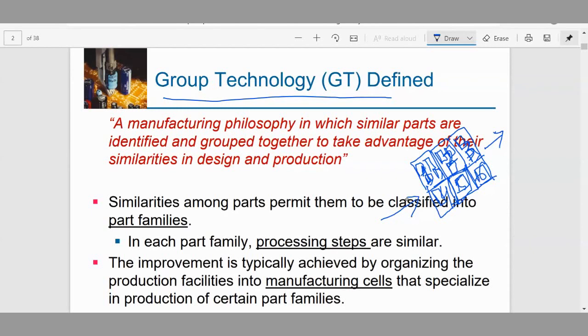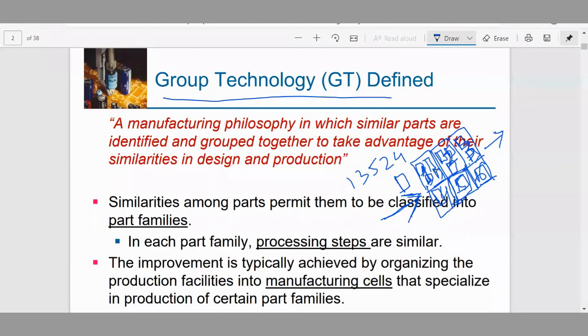Okay, so input raw material is coming from this side, and there are some specifications and sequencing given, for example, that this part will move in the sequence 1, 3, 5, 2, 4. So this part will first go to cell number 1 where turning will be done. Then cell number 3 where some shaping or drilling operations will be done. Then 5th, then 2, and then 4. For every part there is some sequence.